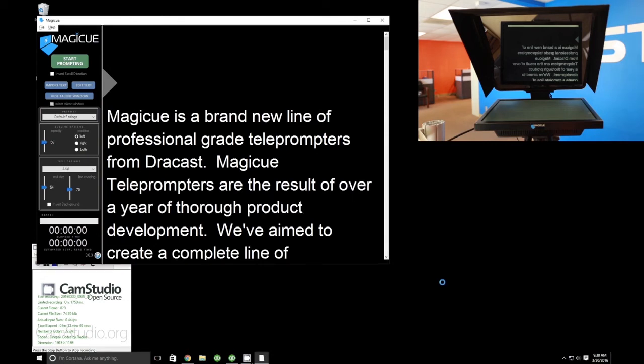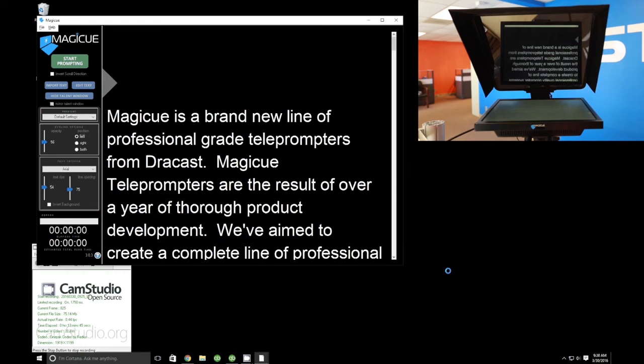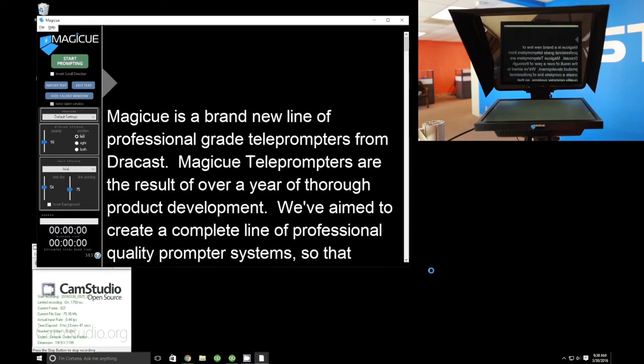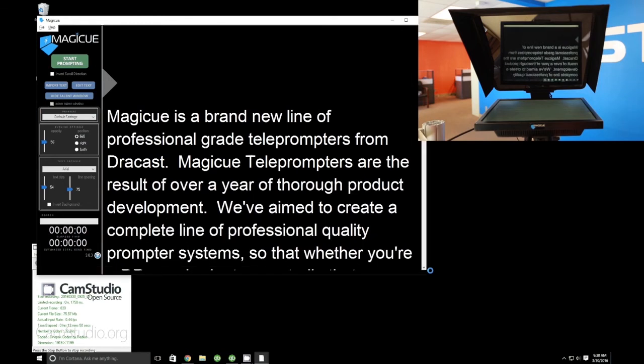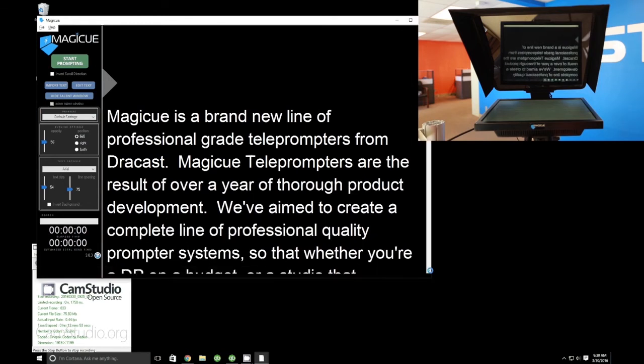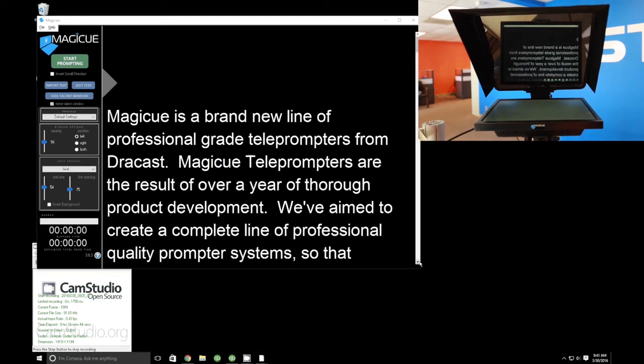And what you'll notice is the size of the talent window will change as we change the size of the operator window. So once we get a size that we're happy with, that we're comfortable with here, we are going to go ahead and let that go. Okay, now that our talent window is sized properly,